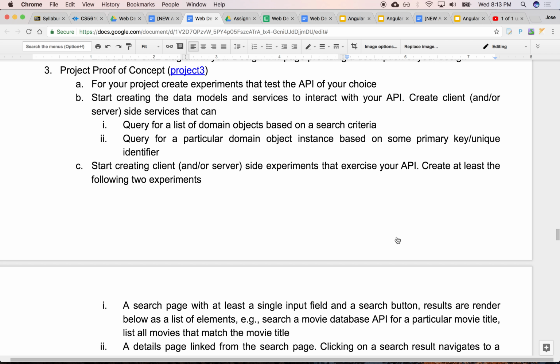Yes. Is it supposed to be on a web page, or can it be just Postman? Oh no, on a web page, an actual web page. Yeah. And is it supposed to be like a proper URL API, or can it be an SDK which is indirectly calling an API in the back? No, it has to be an actual URL call. Okay. Yep. You can use those libraries, and I have a soft requirement for that as well, if you have a library that you want to use. Yep.